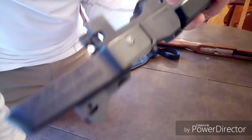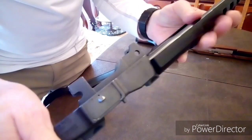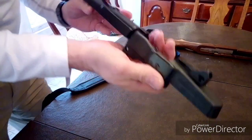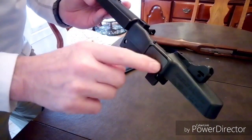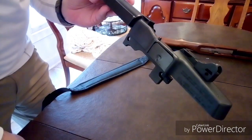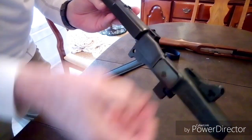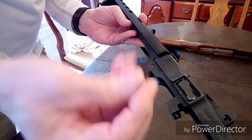The first thing I do that is not required according to the manual is to remove the bolt stop assembly. Now that bolt stop assembly sits behind this door. If you were looking at the gun right side up, there's a little door here that holds this bolt stop assembly inside. It has a little notch on there with like an arrow pointing down. Just take your thumb, push that down. You will now remove the plate,